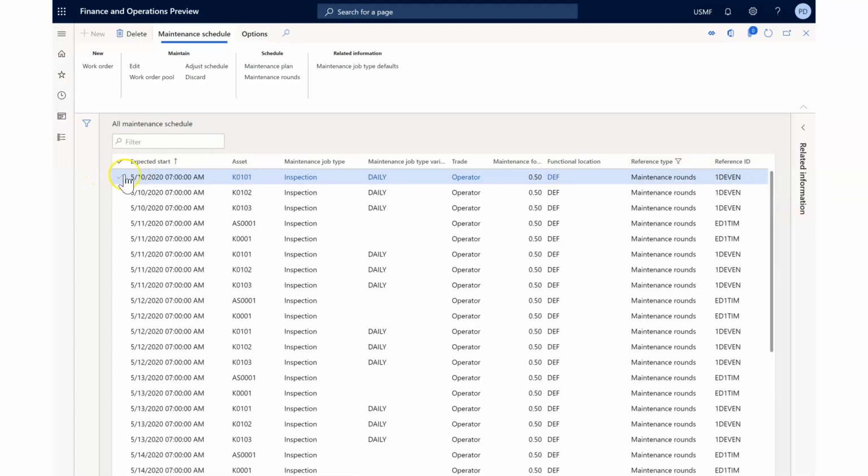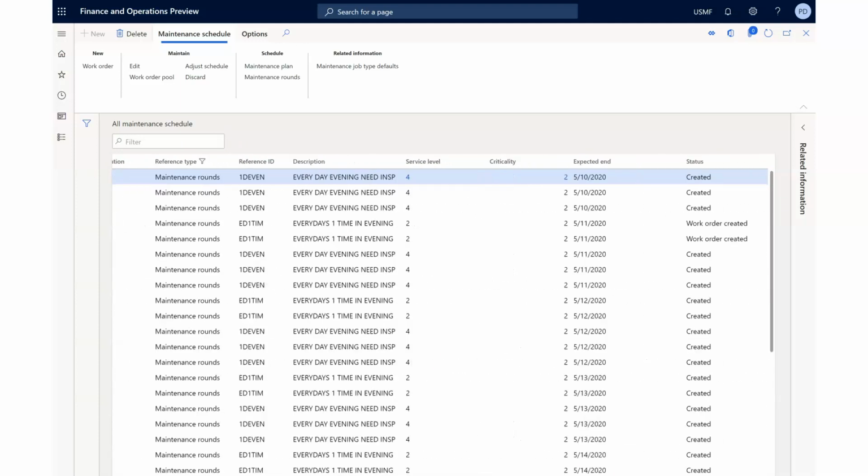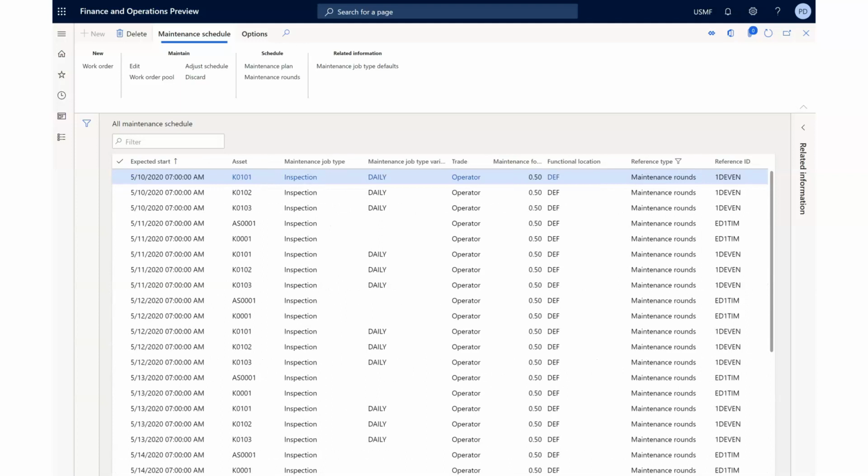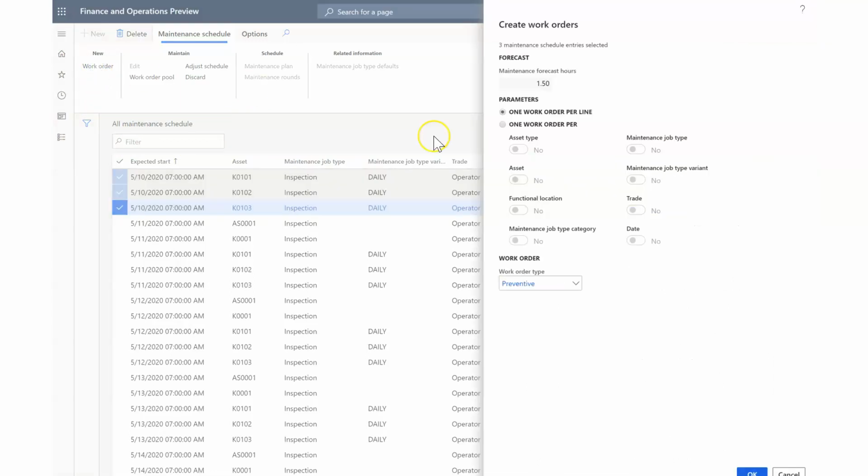So this is the one, right? This is the one which we need to complete. Okay, so created, and so on. What I'm going to do is take these 3 together and create a work order for that. So, 3, create new work order, and I say create a work order by the